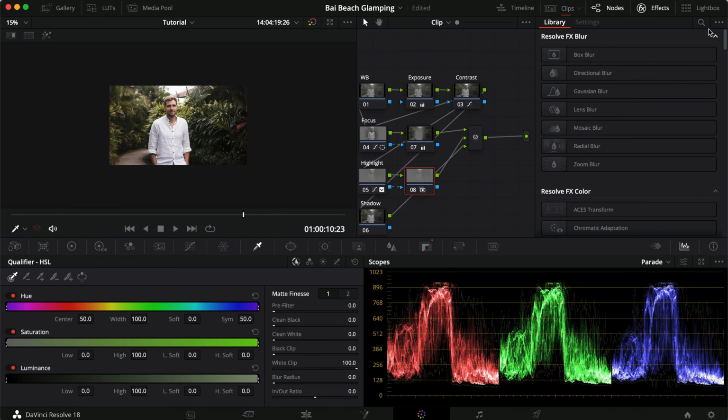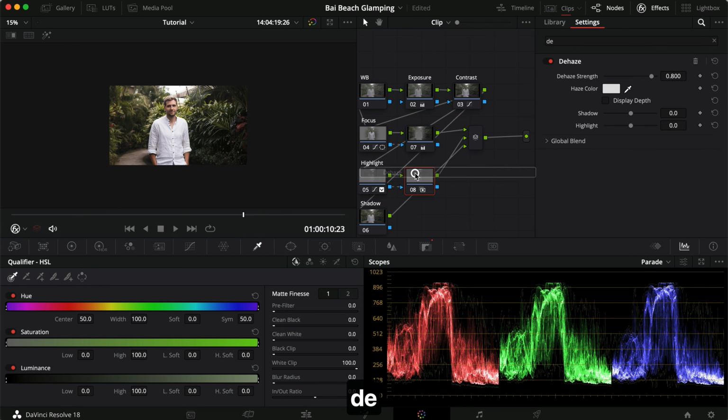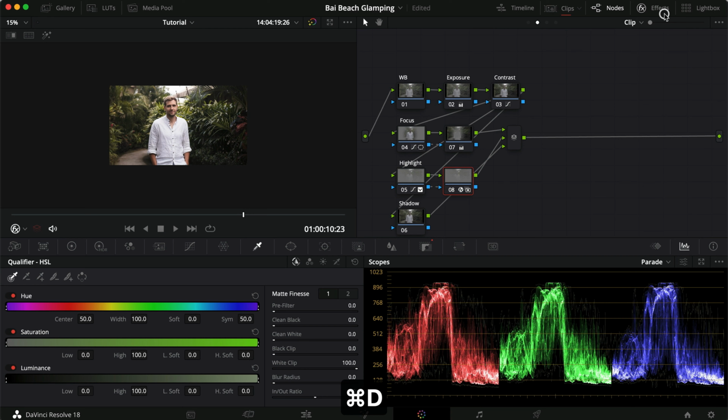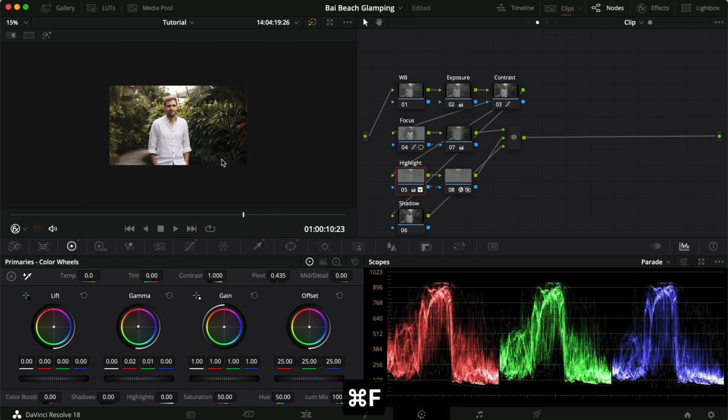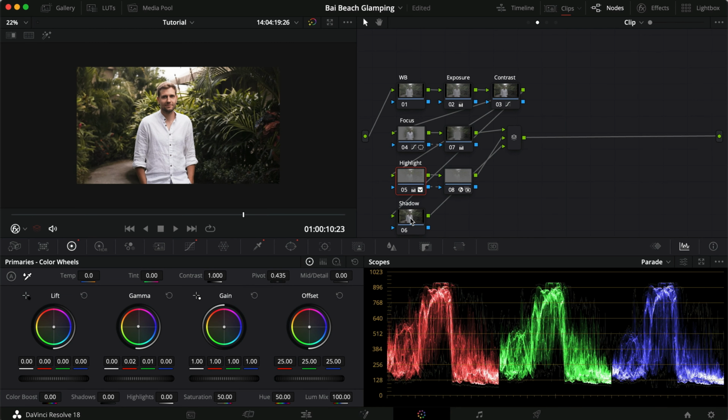Now, we could put in a dehaze, as I usually do here. Dehaze 0.1, just to haze it out a little bit more. And we could also add a bit of warmth, so maybe 0.2 and 0.1 to add a little bit of yellow. And now we have a little bit of a warmer tone here. It might be a little bit too much, but I'm trying to get through the tutorial as quickly as possible